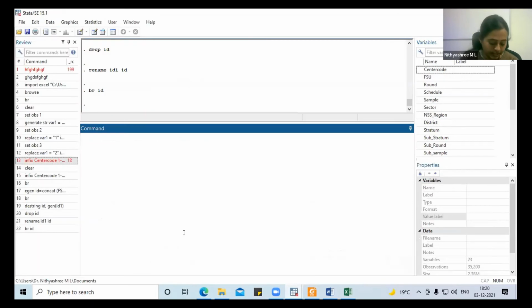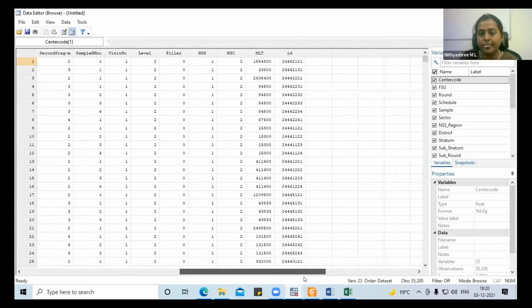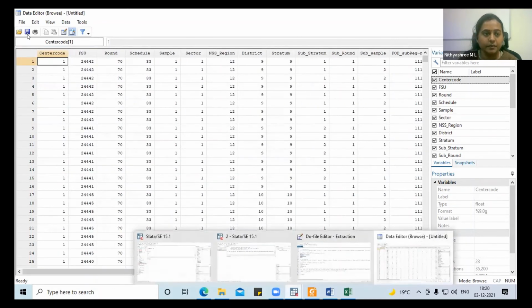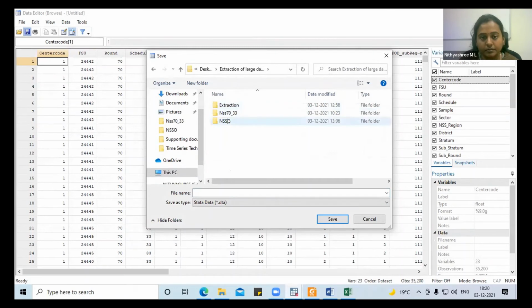So let us see the entire data. Okay. Earlier it was a string variable, now it has become a numeric value. And this one I am going to save.